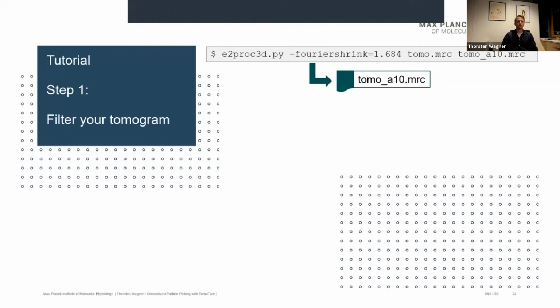That always works fine. So it's not always necessary. But for example, if your particle does not fit into the box of 37 times 37 times 37, which is our input volume, then you might have to use a bigger pixel size, like 15 angstrom or something like that. All right, this is step 1.